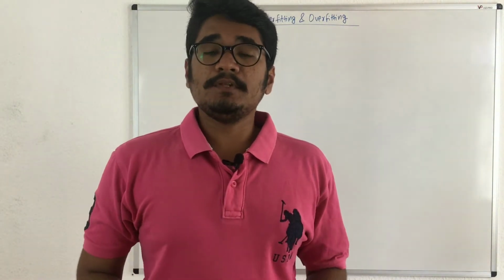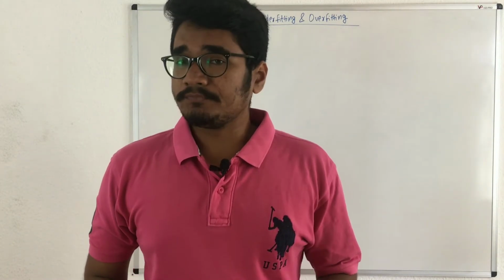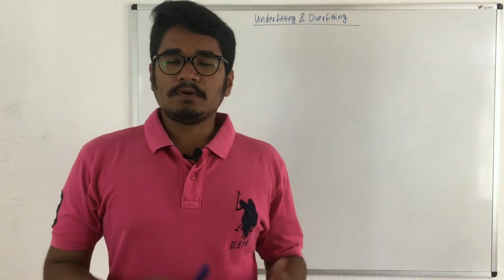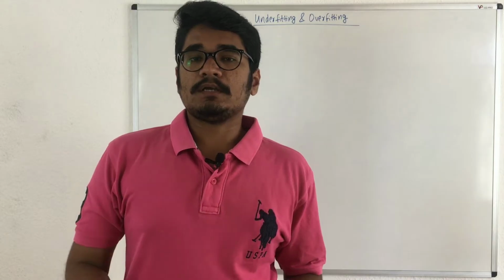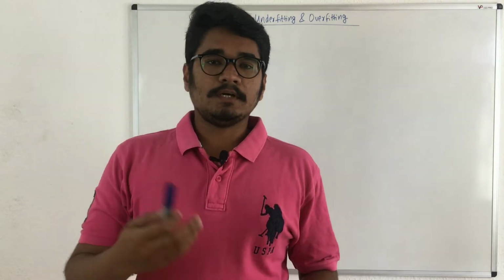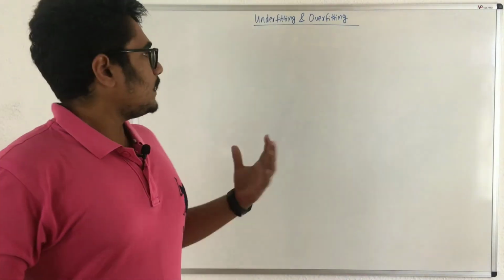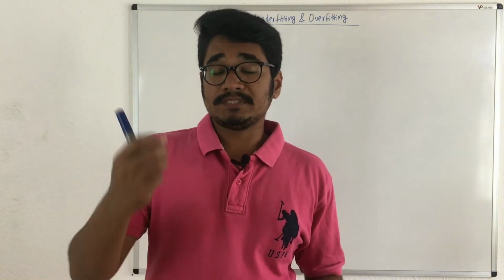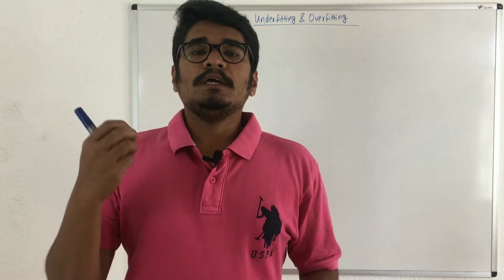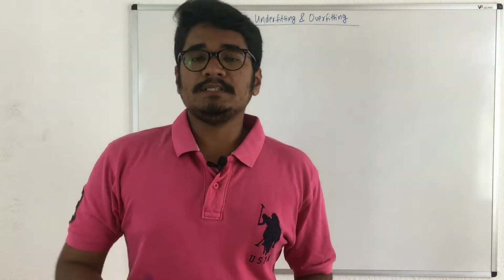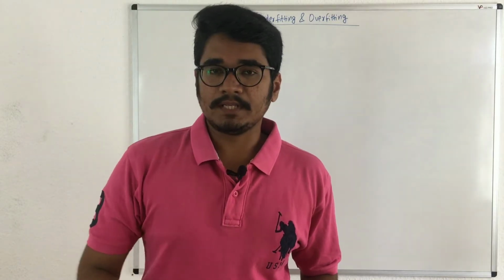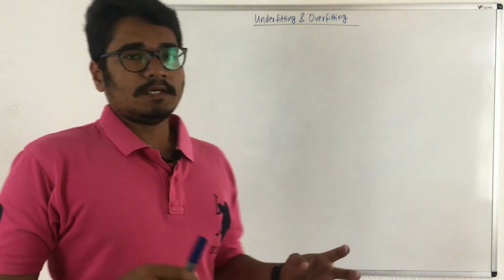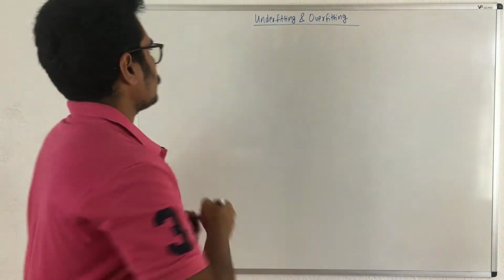So today in this video we'll be seeing what is model overfitting and underfitting in decision trees. We have already seen what decision trees are and what a decision tree is capable of in machine learning. So today let us understand the two most important terms associated with machine learning, particularly with decision trees. That is, underfitting and overfitting. So let's get started. So basically, what is meant by fitting, first of all?